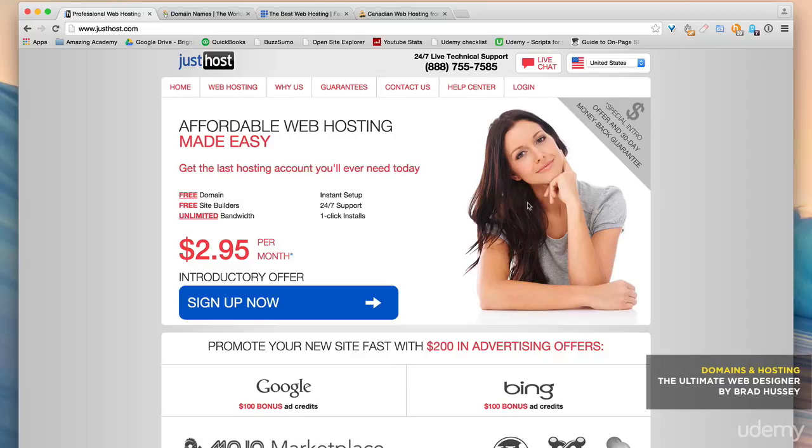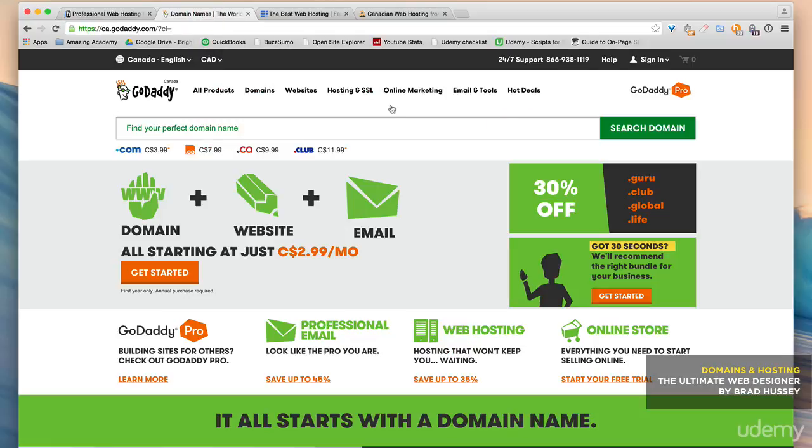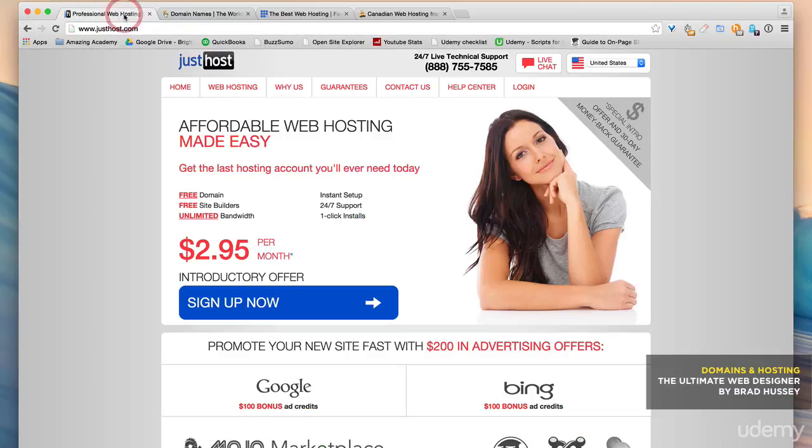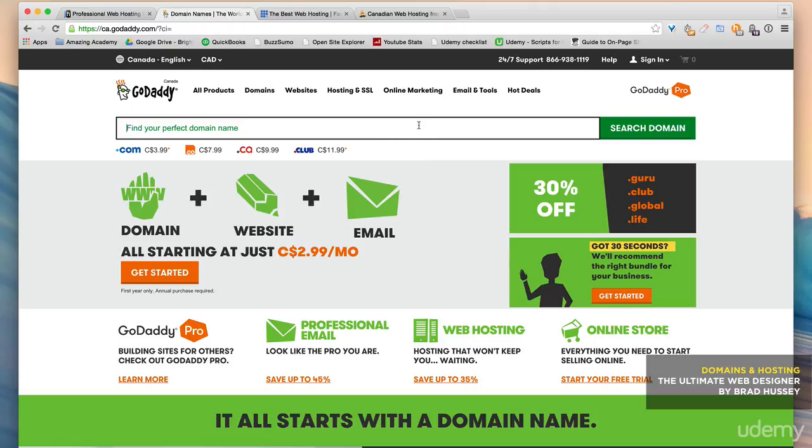So to get your domain name and hosting, you could do them separately. You can get your domain name through a website you've probably heard of, GoDaddy.com, and you can find a domain name here. Or you can also bundle your domain name and hosting together and get them done all in one go. And I prefer that for when you're getting started. For me, I already have hosting and a whole bunch of domain names. But to get started, it's best to just bundle them together. And then you could buy more domain names when you need them and host them on your hosting provider.